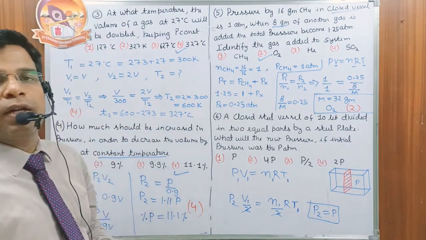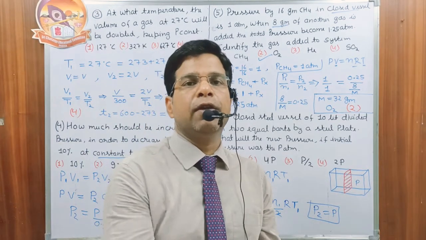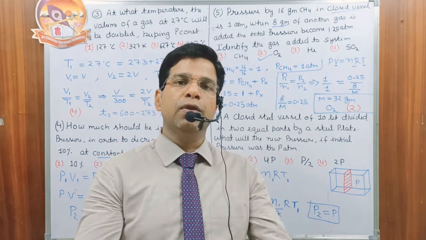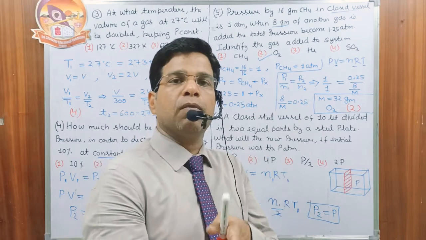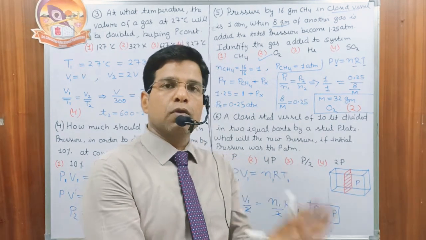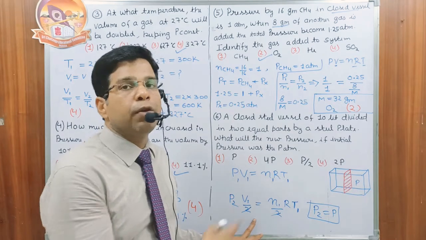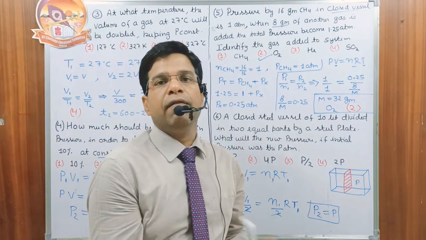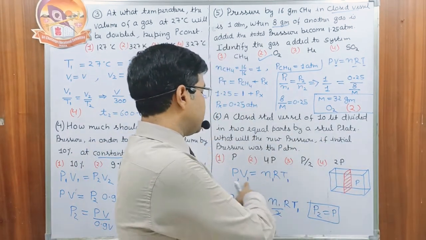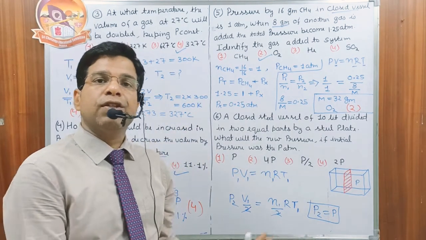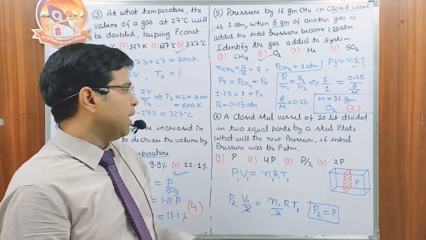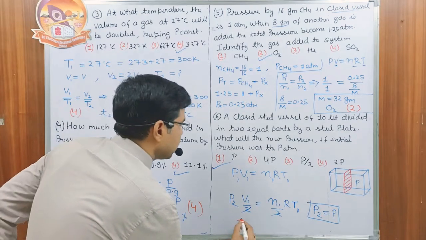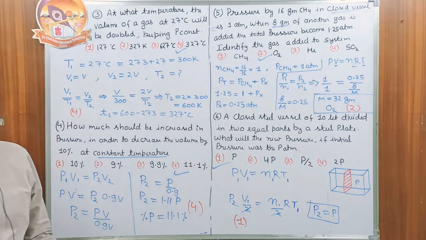So if you divide the container into 2 parts, or 4 parts, or 8 or so many parts, pressure always remains constant, because when you divide the volume into 2 parts, the number of moles is also divided into 2 parts. So new volume is V by 2 and new number of moles is also N by 2. So the 2 cancels out. We have exactly the same condition as we had initially. So pressure remains the same, that is P atmosphere, and this is given in option number 1. So the correct answer of this question is option number 1.